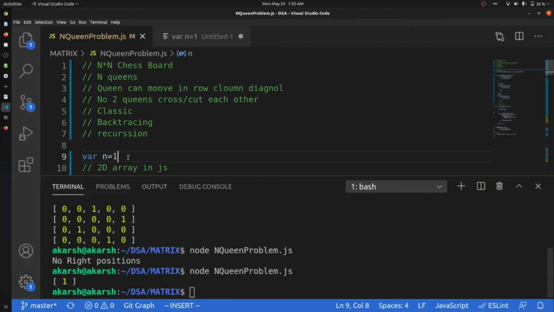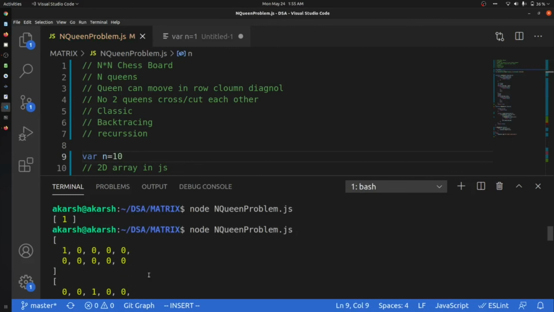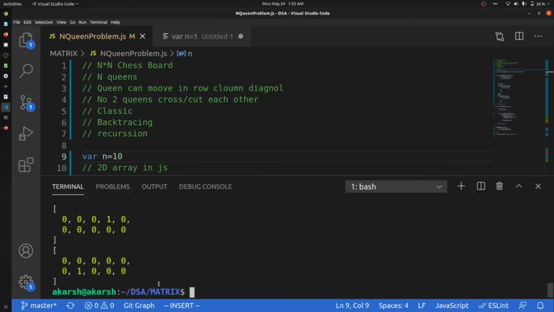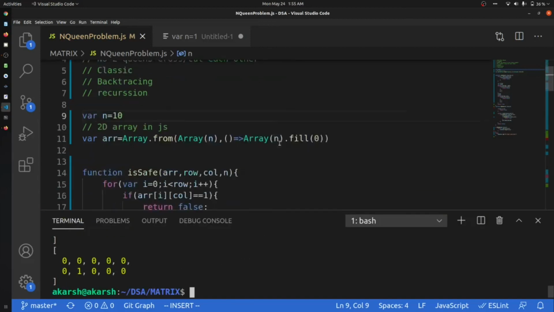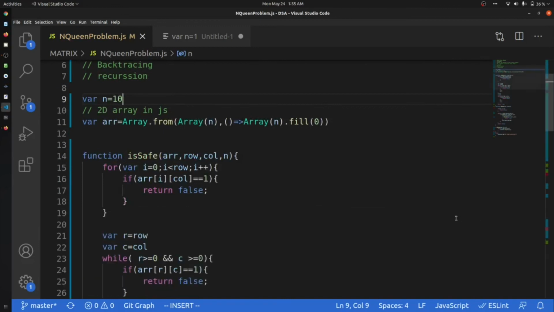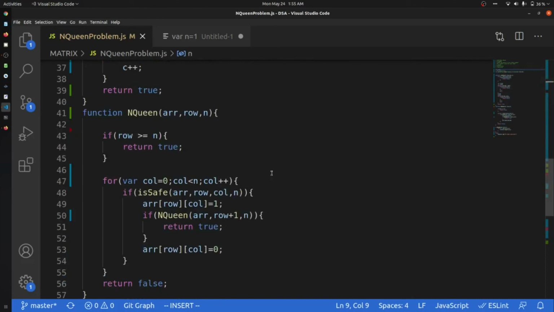And let's go for 10. Yes, there is a way in which we can put them, but the terminal is not supporting the display, so ignore that. But we have understood how we can solve the N-Queens problem.